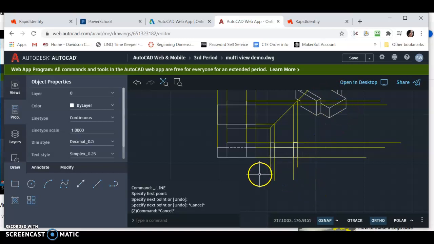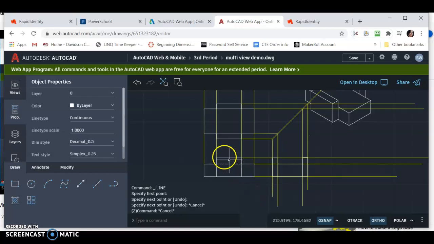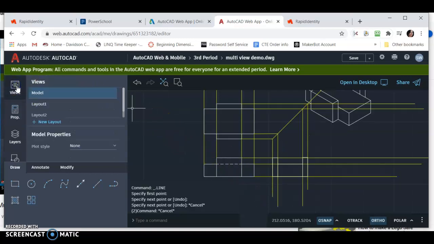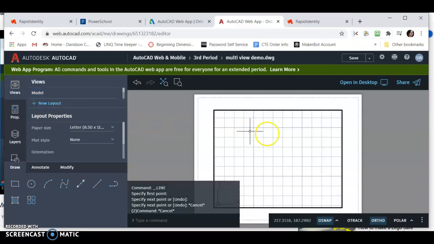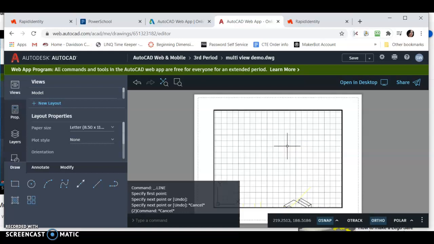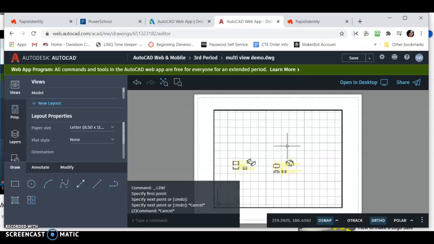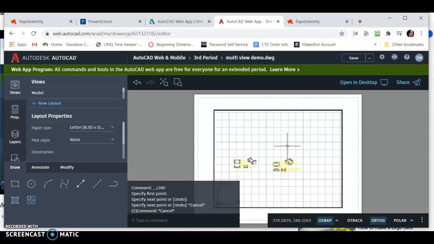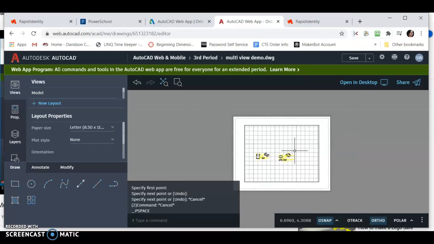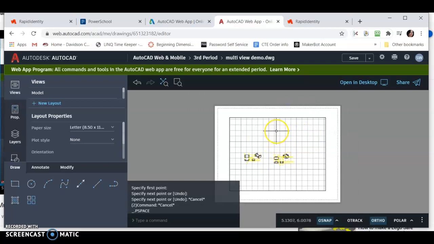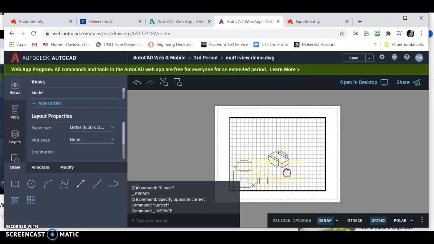So let's go look at what we've drawn in Paperspace. So go to Views, and now I'm going to check Layout 2. So right now I don't see anything in it. Yours might look different. But what I'm going to have to do, well, I'm already in model space, which is good. If you weren't, like if I want to get to Paperspace, I'm going to click up here twice. See, now I'm in Paperspace. But if I want to get to model space, I double click twice, and now I can zoom and have this drawing